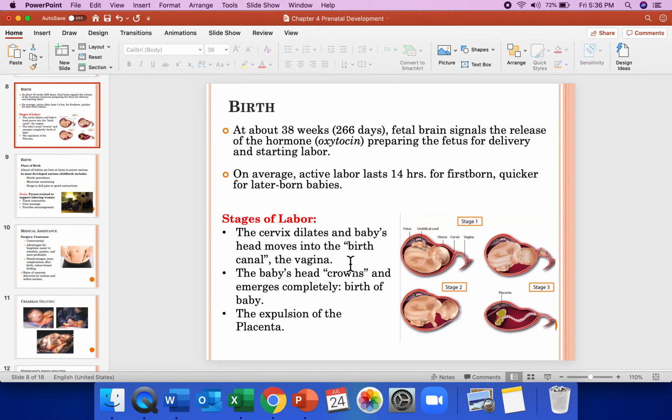This is stage 1. Stage 2 is the baby actually showing through that cervix. So it's what we call crowning. And crowning meaning literally the cervix is a circle around the head. So the baby's head is emerging. It's actually showing that it's ready to come out, and it's completed. Stage 2 is completed with the birth of the baby. The third stage is, of course, the expulsion of the placenta, the home of the baby for this period of prenatal.